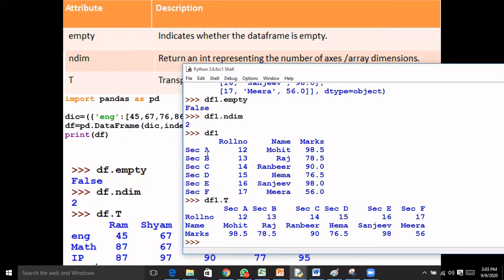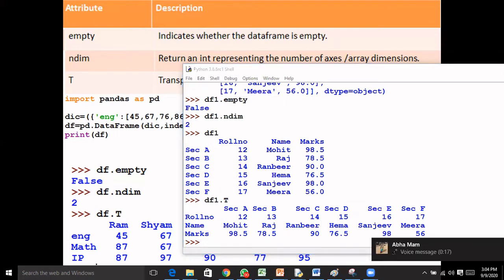As you can see, there were 6 rows. Now there are 6 columns, and there are 3 rows. So this is T, that is transpose. Clear? So it just reverses the axes, rows become columns and columns become rows.